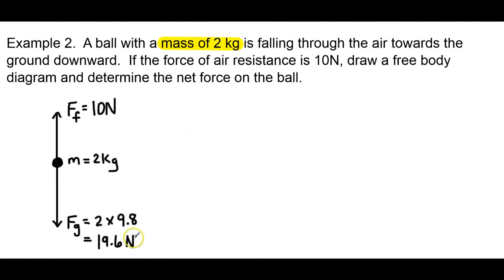So this ball is falling through the air with this force. The force of friction, or the air resistance against it, is 10 newtons. So now we can write a net statement for what's happening vertically. Vertically is the y direction if we think about our graphs. And we'll call up positive, so 10 newtons positive, minus, because we're in the down direction, minus our gravity, which is 19.6. And so what we end up with